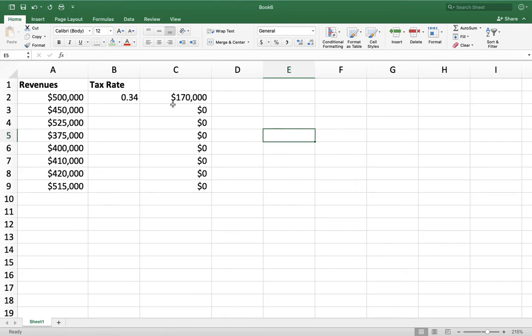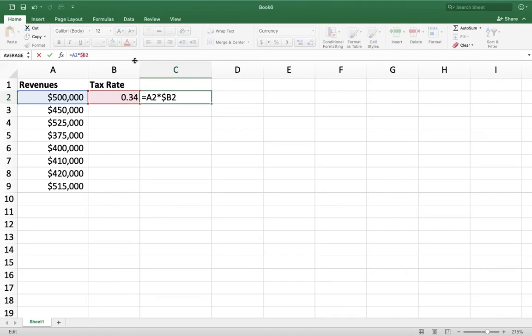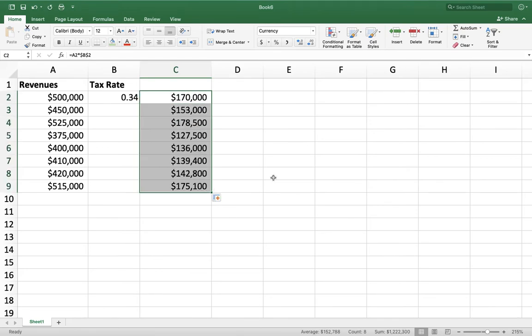So to fix that, of course, you could type in the formula manually here in each of these, but to make everything super simple, all you have to do is add an absolute reference. And to do that, you go into your original formula and you put these dollar signs there. And what those dollar signs do is lock in that cell. So now that cell never changes, and it's applied to every cell